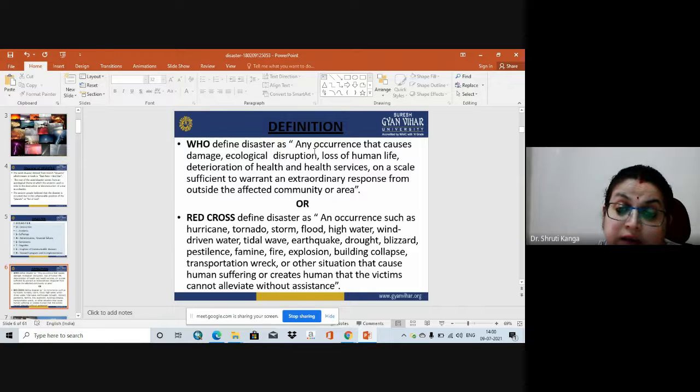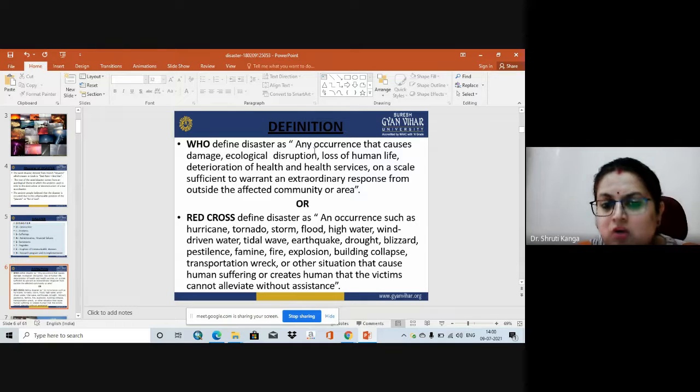You have seen that there are many cases of explosion in different cracker companies or gas filling stations. Then building collapse, it's again a common case nowadays. Then transportation wreck,